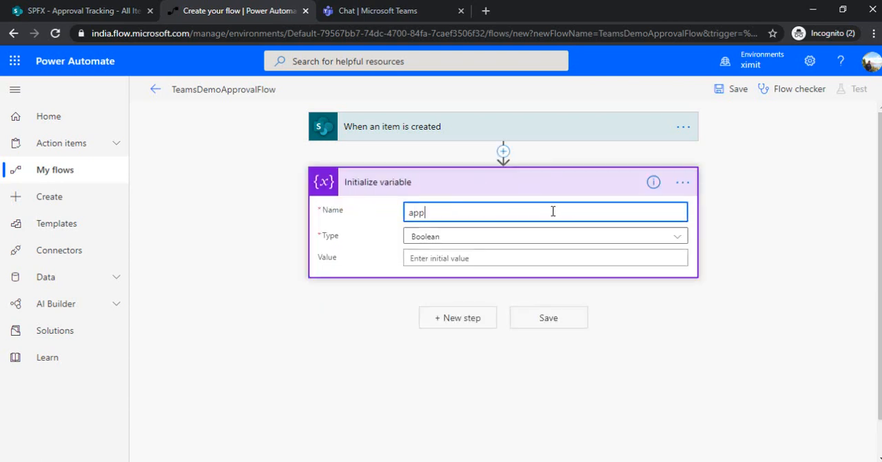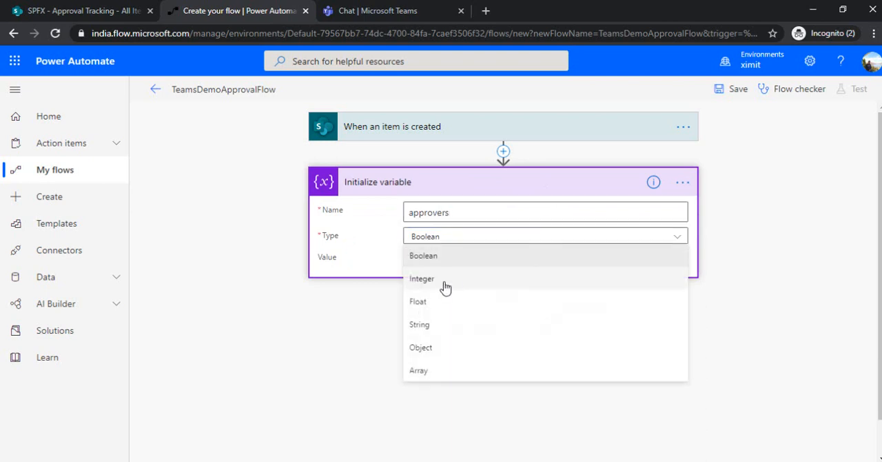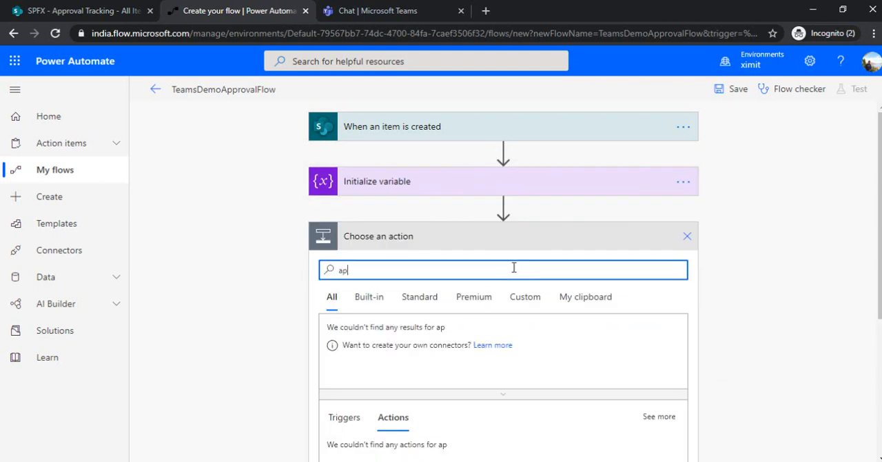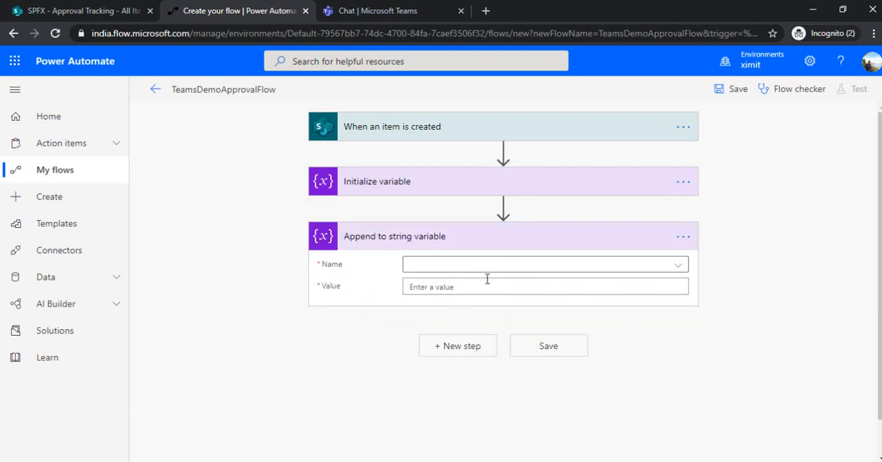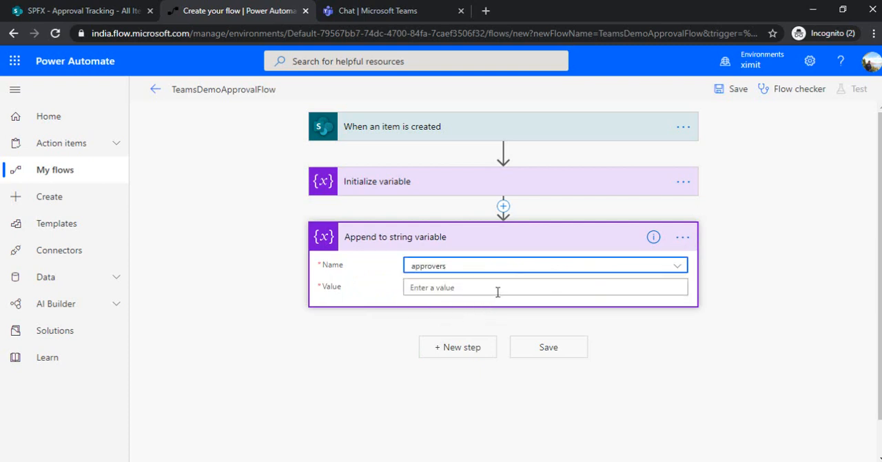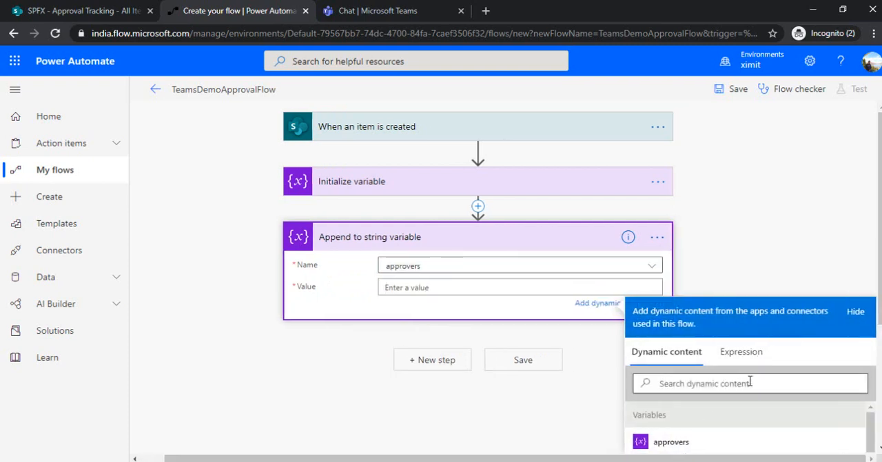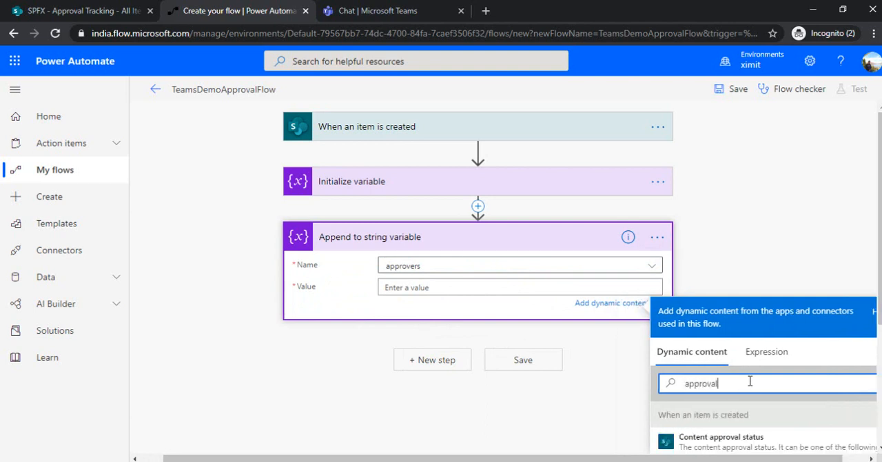So I'll just say that it's an approver variable and it's type of string, and in next step I'll be appending to the same variable because as I said my approval field would be multi-selection approver, so there would be multiple approvers inside it. I'll have them as semicolon separated. I'll use append to string action, and under that I'll use my approvers variable, and from dynamic content I'll be choosing approver email,